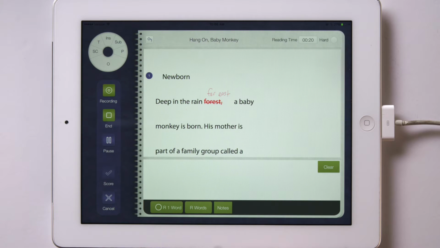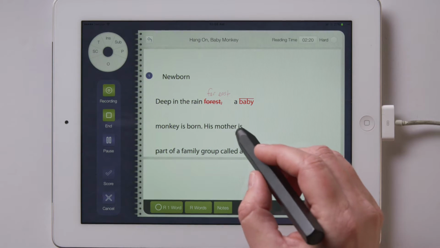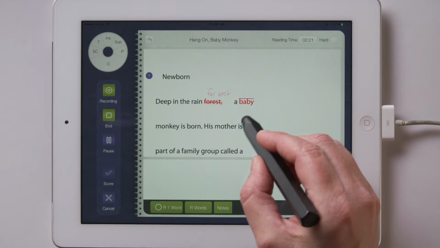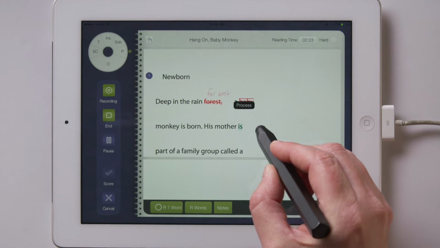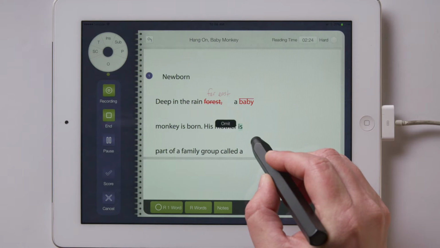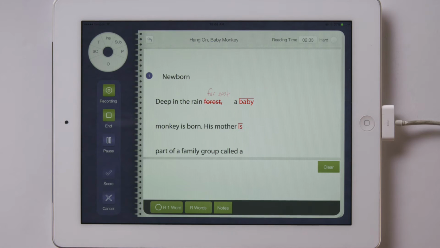A little practice will help you quickly get the feel for how long you need to hold the stylus on a word to select it before gesturing. It is selected once it has a blue highlight. As you see, you can move your stylus in a circle and pop-up text will indicate what region you are in, as will a dot on the gestural menu. When you are in the correct region, lift your stylus and the behavior will be recorded. You will quickly get used to swiping in any required direction.